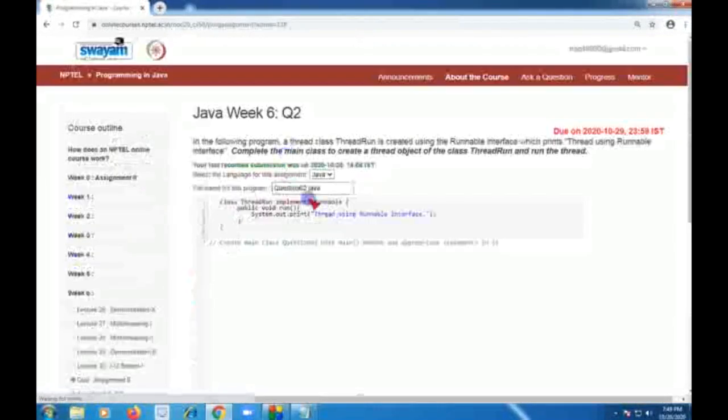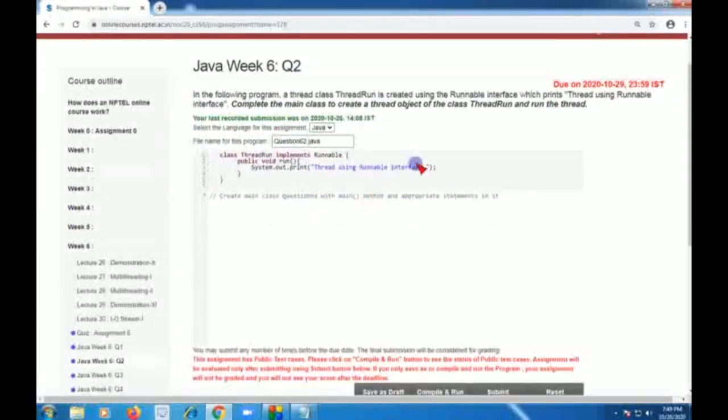In question number 2, they have asked us to create a thread using the Runnable interface and also complete the main class to create a thread object of the class, that is ThreadRun, and run the thread.